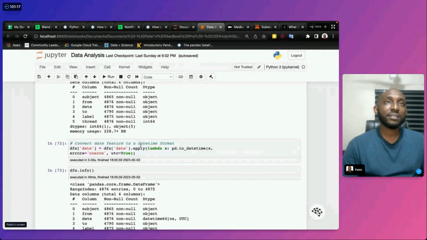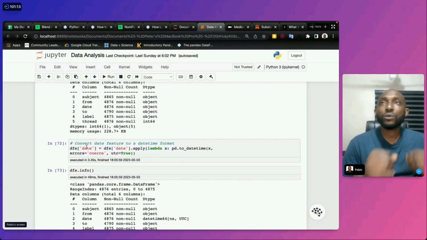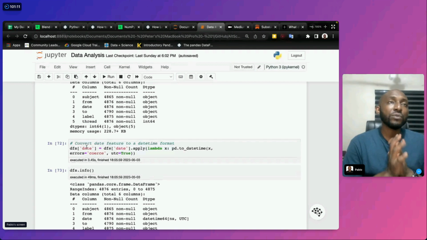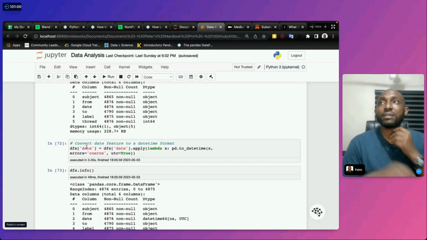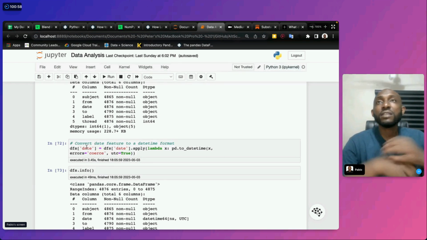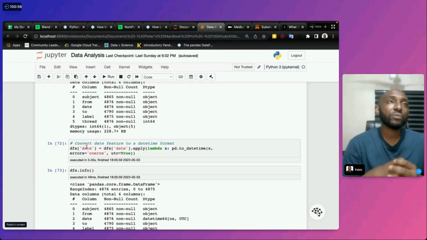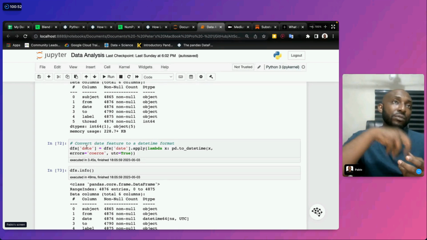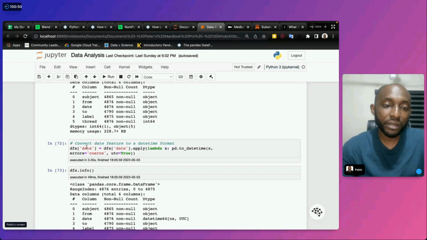And Pandas has a datetime format. We use the default datetime format here. And then, of course, you get to see how you can make changes to a data frame. You can choose to make changes to a data set, to features in a data frame, and everything that is in there will now be in a different one that can be applied to the feature you're trying to play around with.